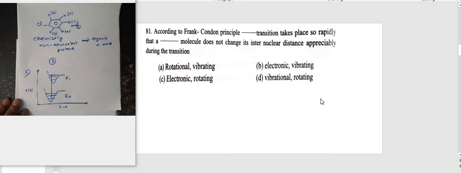So the correct option for this question is: according to the Franck-Condon principle, electronic transition takes place so rapidly that a vibrating molecule does not change its internuclear distance appreciably during the transition. So the correct option for this question is option B. Then next question,